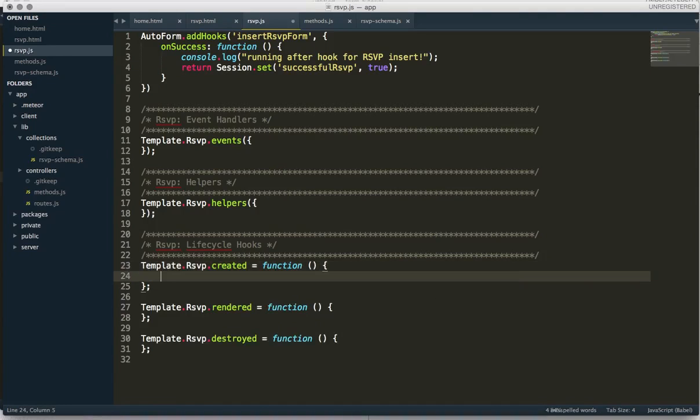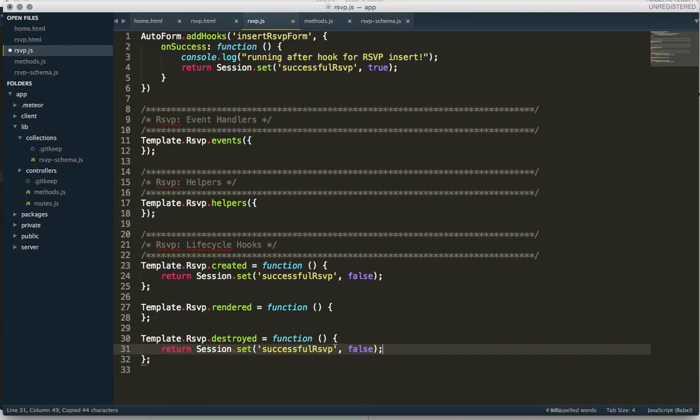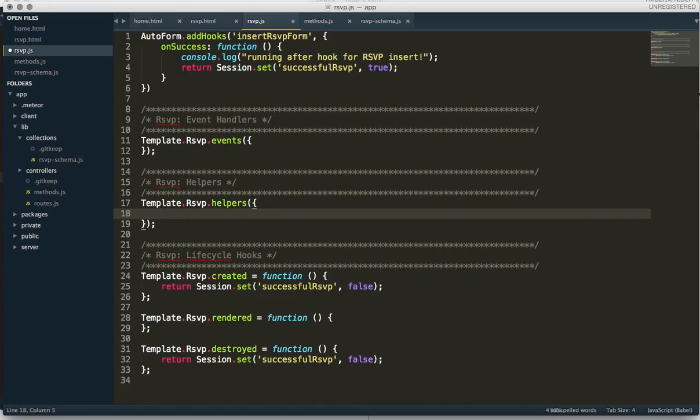And when we create our template, we're going to set that value to false. And we're going to do the same thing when we destroy it. So now we have a session variable that we can access inside of our template